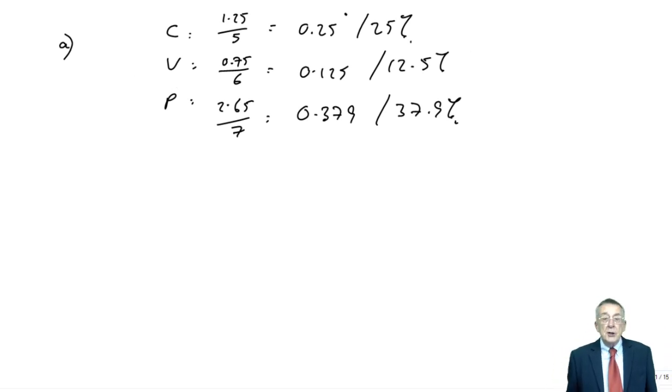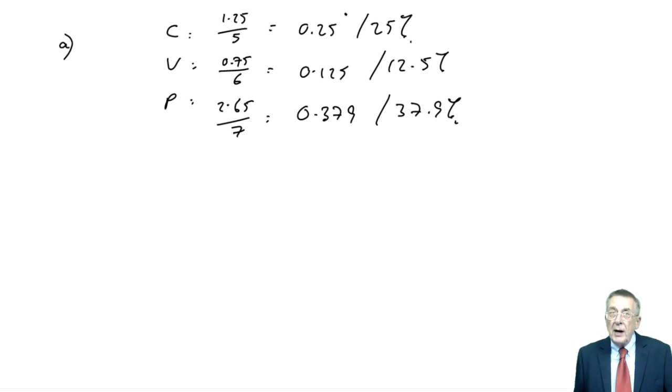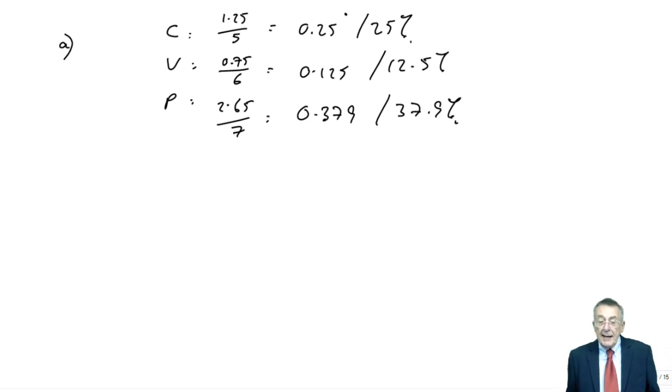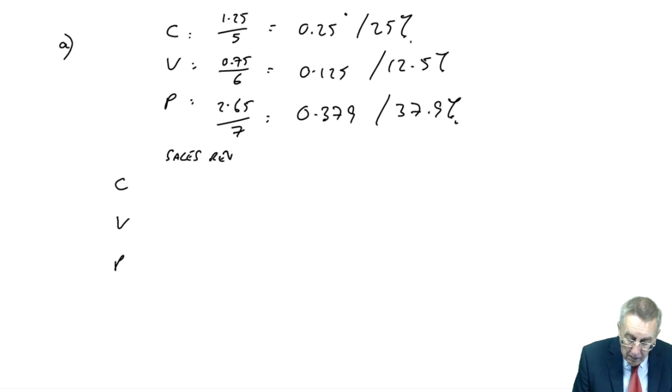And there are 2 ways you can get it. I will do it both ways, just so it is clear, but you don't need to do it both ways in the exam. One way would be to take a weighted average, but to weight by the total sales revenue. What I mean is C, V, P, the total sales revenue we're budgeting,